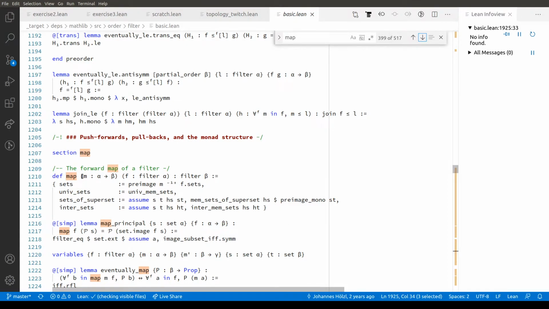So map seems to be this. If I've got a function from alpha to beta, and I've got a filter on alpha, then I can push that filter forward and get a filter on beta. And there's some definition. So what do? Pre-image? Oh, that's kind of interesting, isn't it? I see. So I think this says